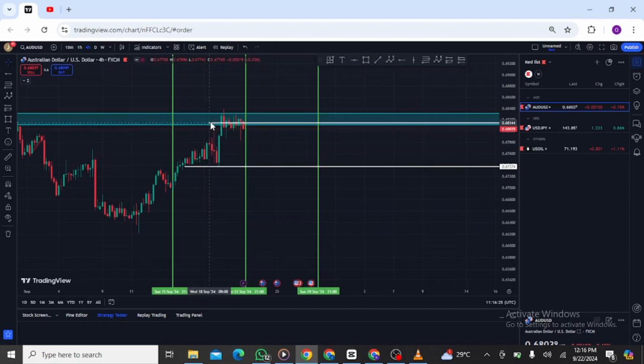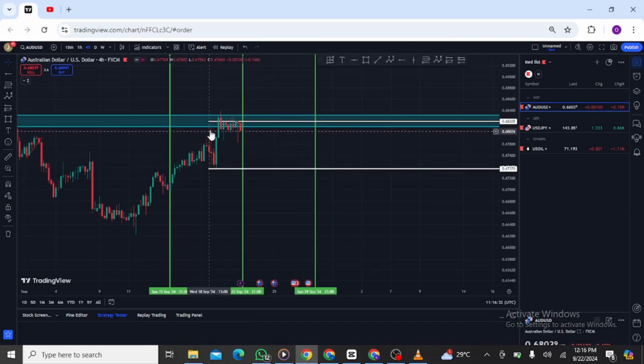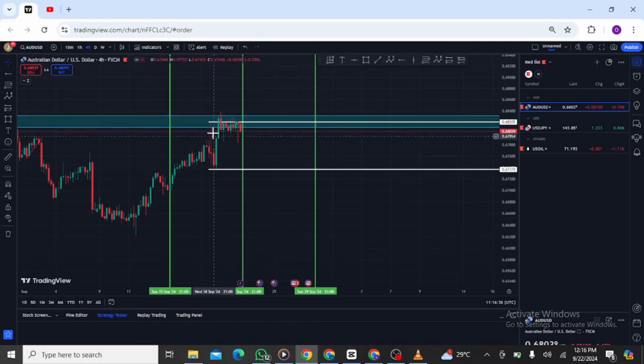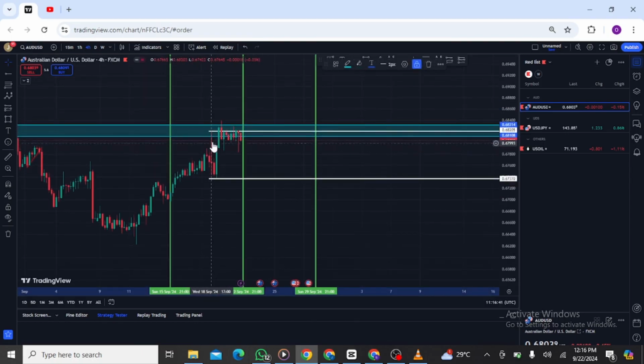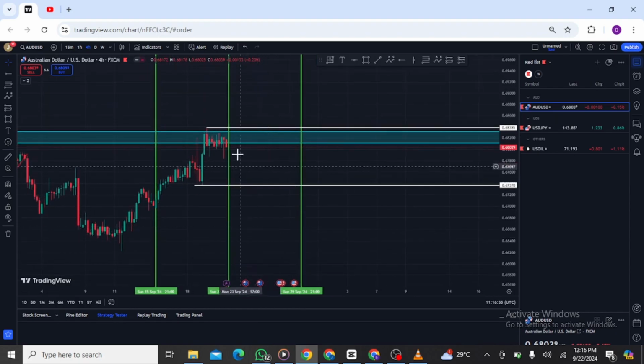So this high here is responsible for this low. Look at this low, then this high here that broke this high. So this low broke this high. This is our recent low, and this is our recent high. All we are doing now is trading from this point to this point, and we are looking for